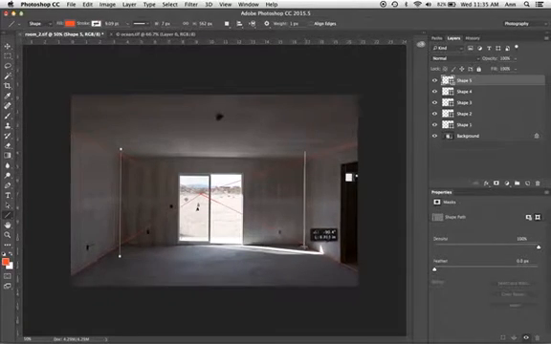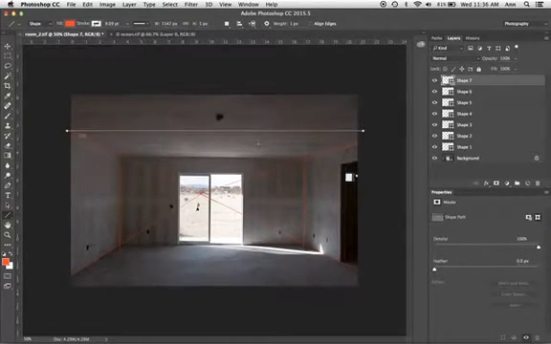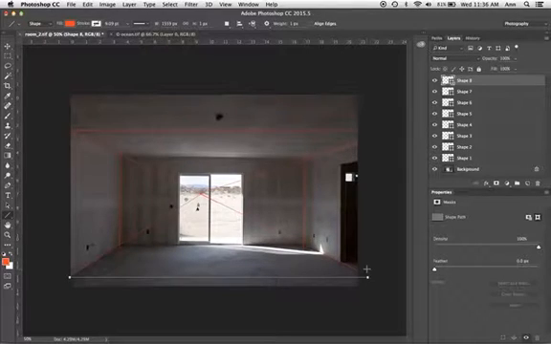And I'm going to put in the line that shows me the largest section that I'm going to be taking. So in this case, it is from the left-hand top corner of the room. And now I'm going to go down to the bottom corner of the room as well. This will make sure that the selections I take are the same height, which is important.